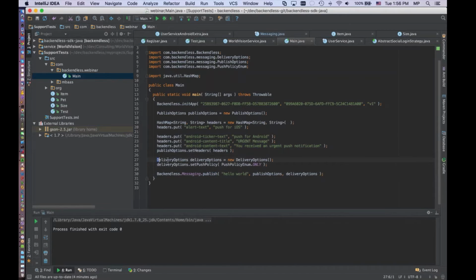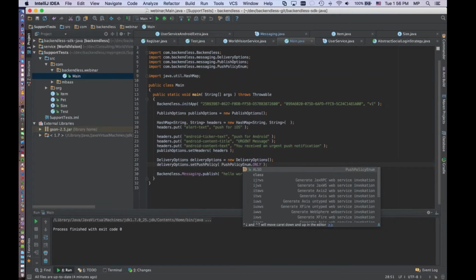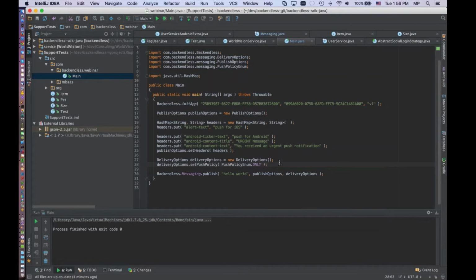There is also another class called delivery options. Delivery options has various properties. In this case, the one that I'm using is called set push policy. This one dictates whether the messages are going to be sent out only as push notifications, which this only indicates. But there is also another one, which implies that it's going to be not only a push notification, but also a publish subscribe message, because in the backend there are two ways to broadcast